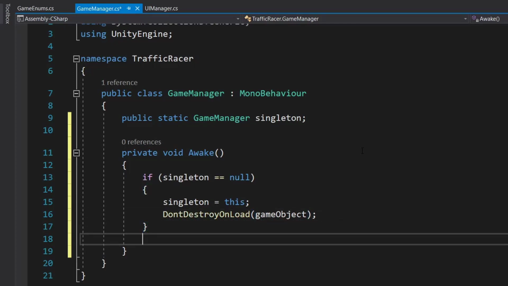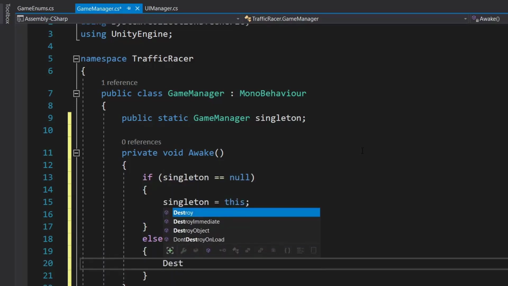Now don't destroy on load is a Unity default method which makes sure that when we move from one scene to another, the game object on which this script is attached will not get destroyed. And in else we will type destroy game object.